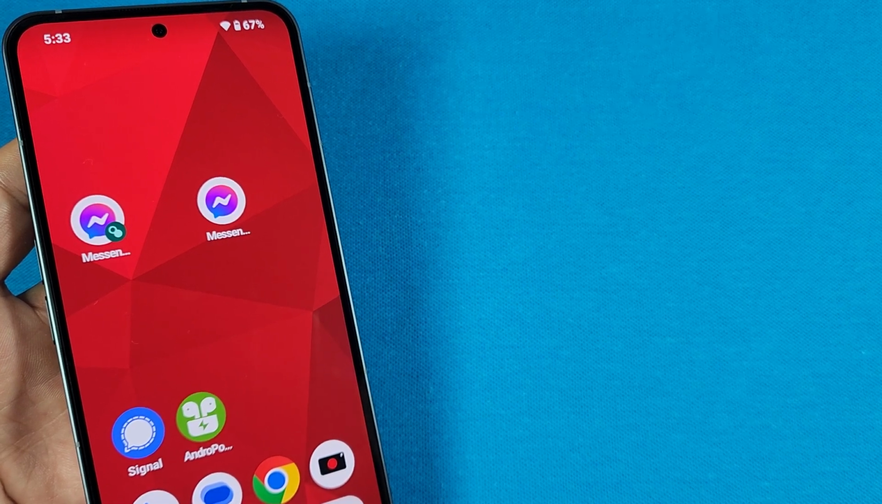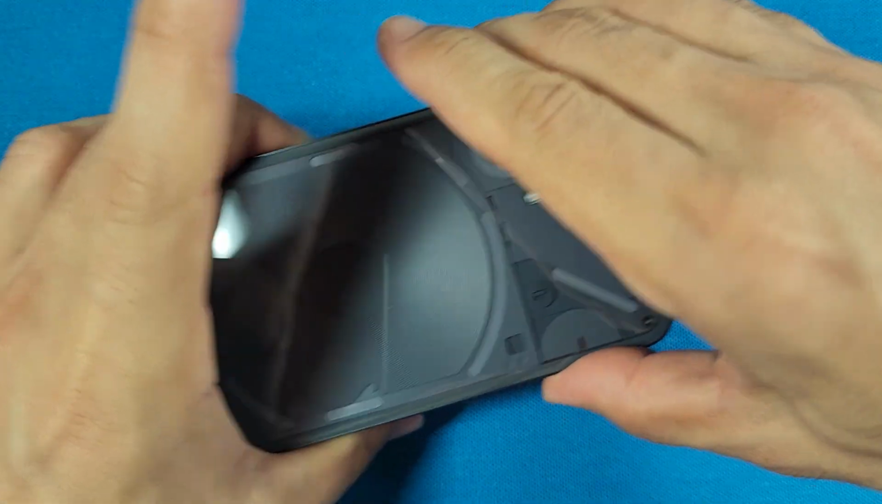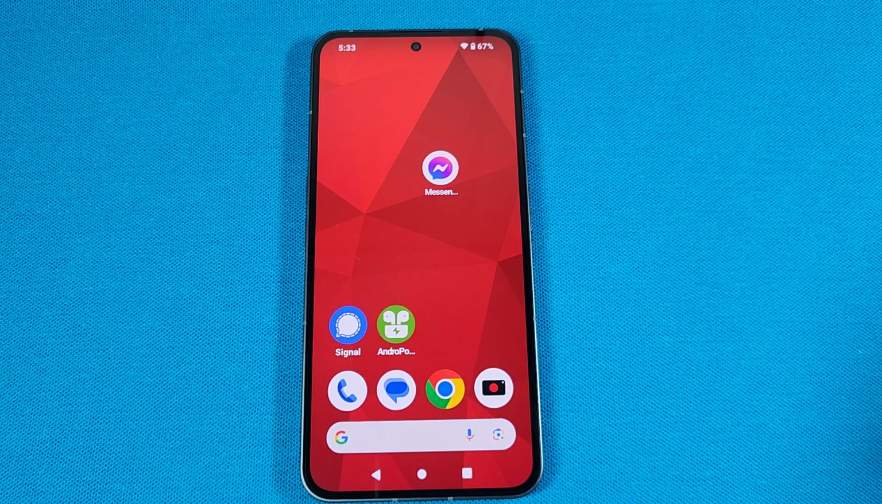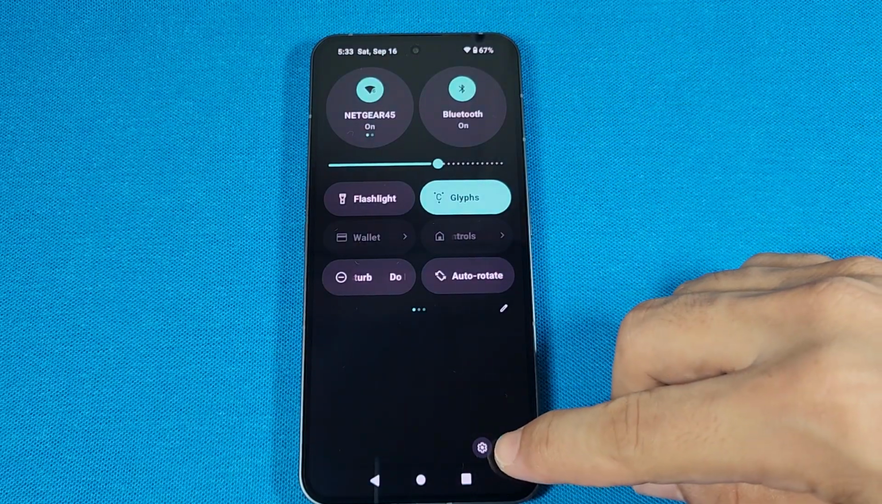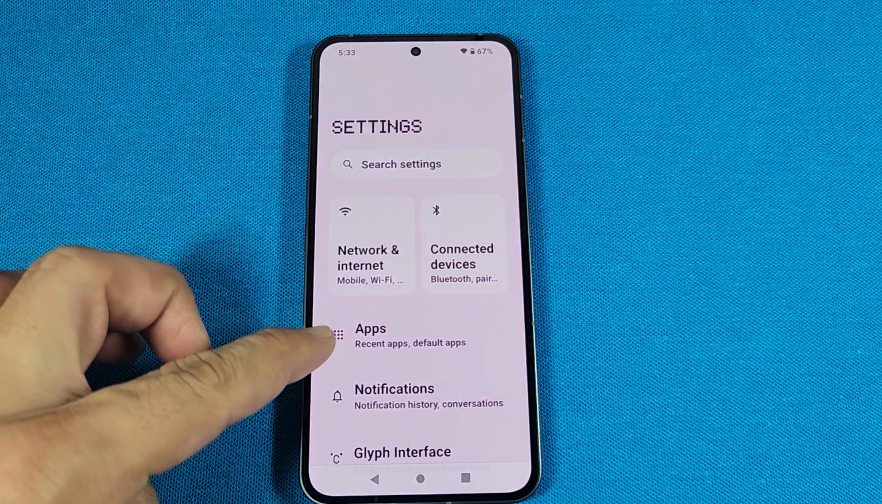How to enable the dual messenger, or two of the same apps, and this is for the Nothing Phone 2 here, and let's get started. To get into these settings, you can use the quick panel access, perform a double swipe to get into the main settings very fast. As you're here in the main settings, you'll want to go to the part that says